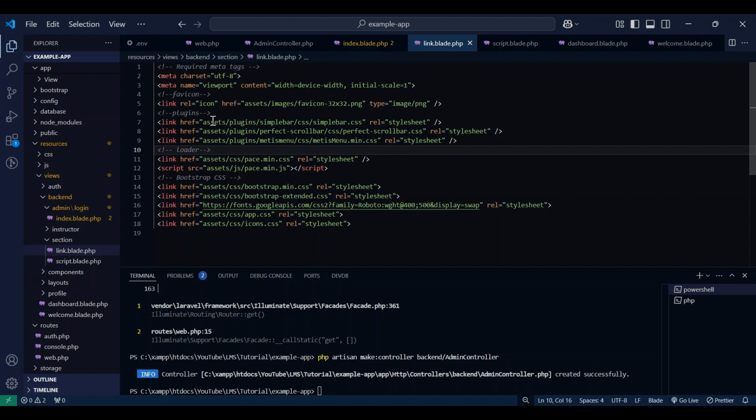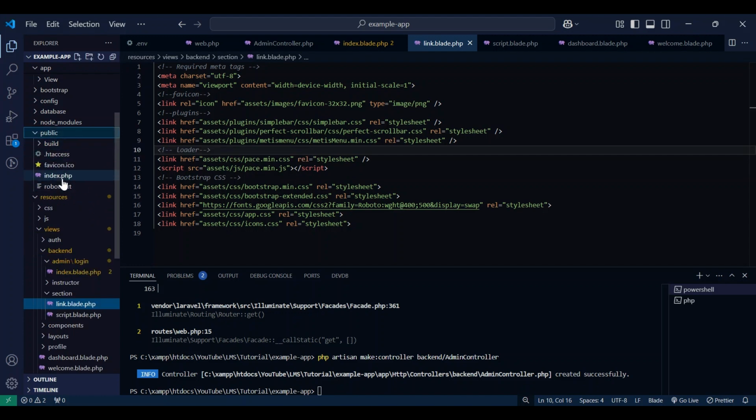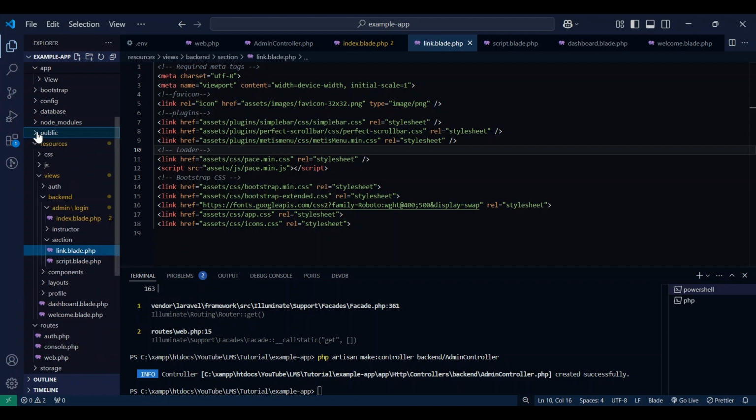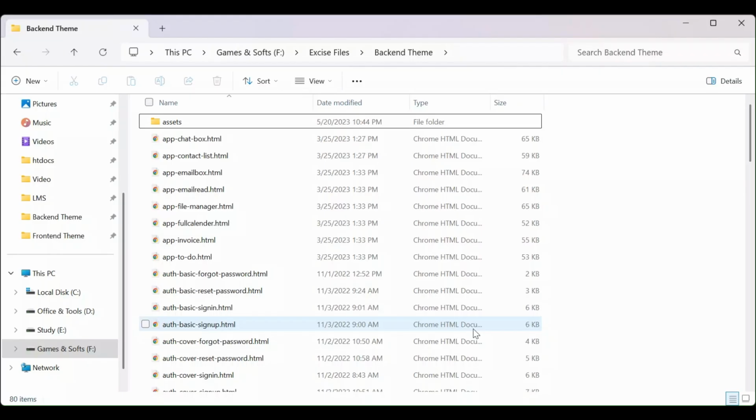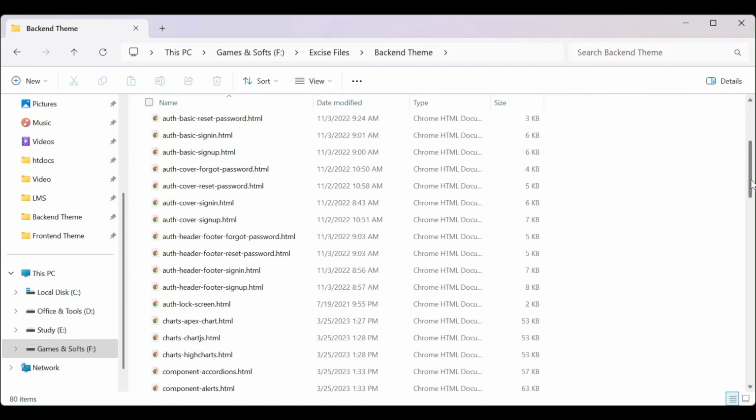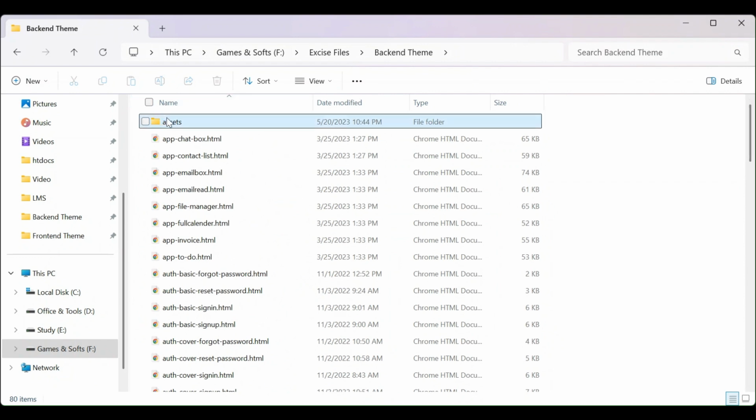our asset plugin, all of the available plugin and necessary documents, we will need in the public folder. So go to our template file. Our backend theme template file looks similar. Here you get the asset. Don't worry, I will give all the template frontend and backend links in the description. You will check. Just copy